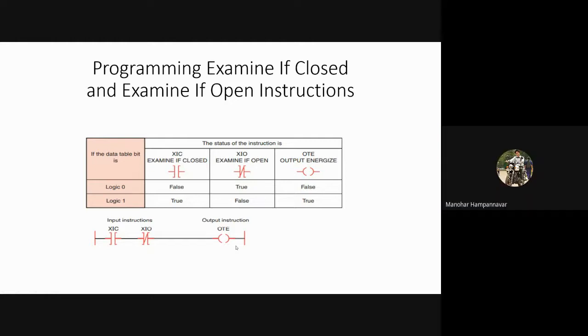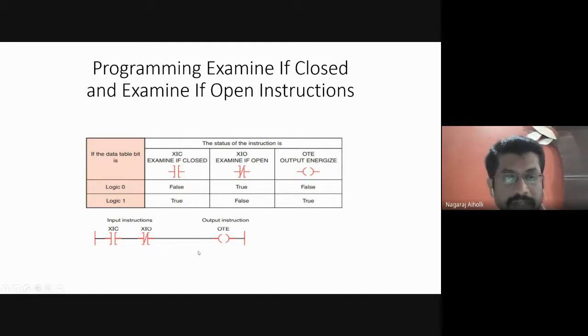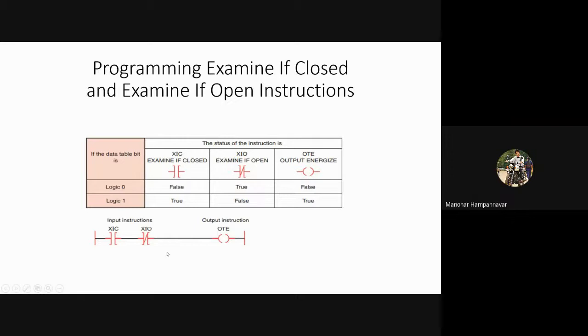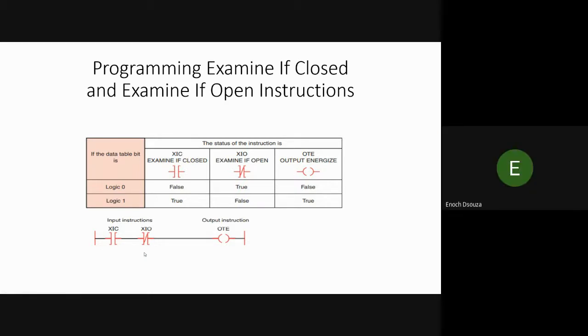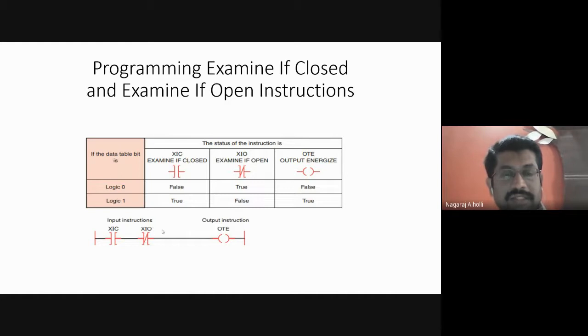Sir, if... You got my question? Yes. Logic 1. XIC should be logic 1. Okay, fine. What about XIO? Sir, same one, sir. 1. Okay. Any other answer, students? False, sir. XIO should be false. Why should it be false, students? Because it's opposite, sir. Yes, you are right. XIO is in opposite state. XIC should be 1, that is true condition, and XIO should be false, because it has the logical condition opposite to that of XIC.